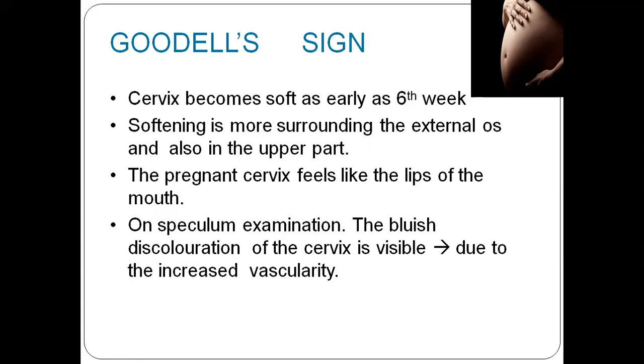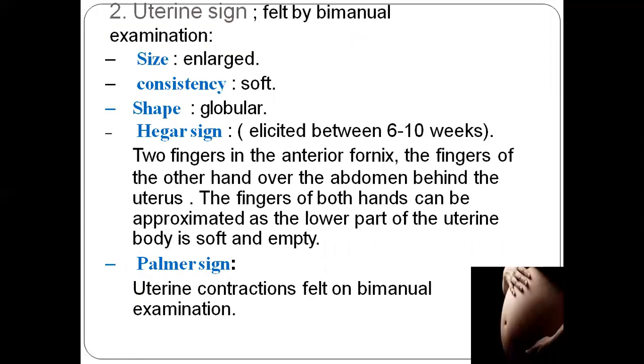In simple terms, we can say Goodell sign is the softening of the cervix that happens during the pregnancy. Okay, so that is Goodell sign. So, we dealt with Jacquemier sign or Chadwick sign, then Osiander sign and Goodell sign. Next, the uterine sign. Here, the size will be enlarged, uterus will become soft, shape will be globular, and Hegar